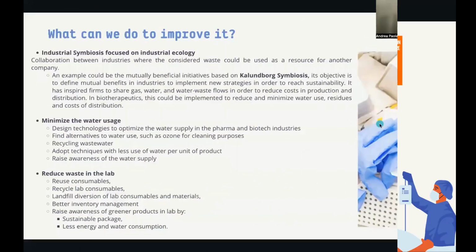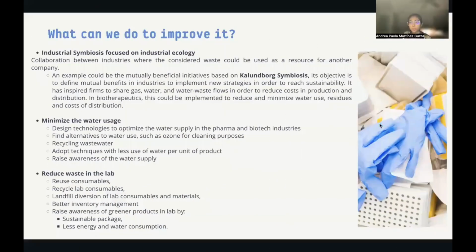and reduce costs. Okay, but what can we do to improve the biotherapeutics production? First, we have industrial scientists focusing on industrial ecology. This means collaboration between industries where the considered waste could be used as a resource for another company. Another way is to minimize the water usage by raising awareness of the water supply, adopt techniques with less use of water, and design technologies to optimize the water supply, recycle lab consumables, and raise awareness of greener products in